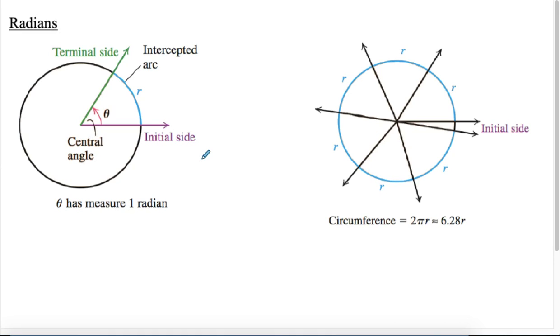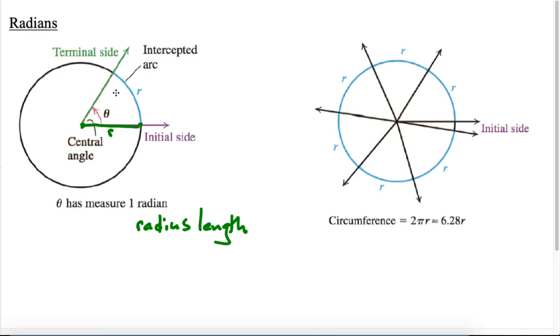We can also measure the distance around a circle using radians. Radian literally means one radius length, right? So a radian is a radius length. And remember, a radius is the distance from the center of the circle to the edge. Okay, that is one radius length. So a radian is just if I were to take that length and measure that distance around the edge of